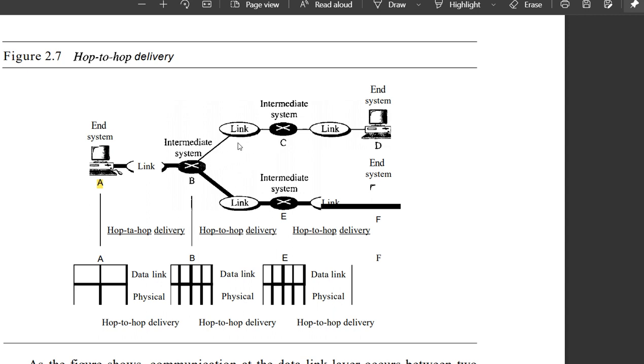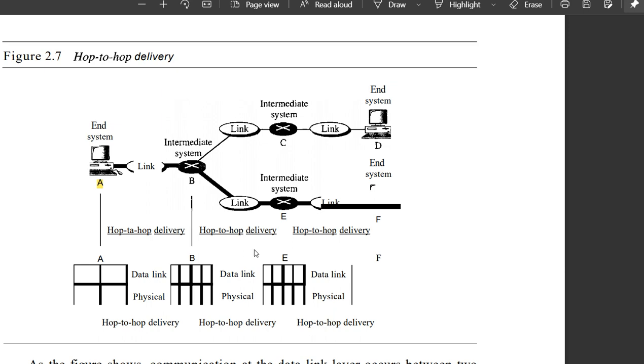For example, if system A is sending to F, this link has to be busy. If data is sent from A to D, this link has to be busy. That control over the link is the responsibility of the data link layer. Here you can see A, B, E, some boxes given; those are nothing but the headers added, which you can call the destination address.